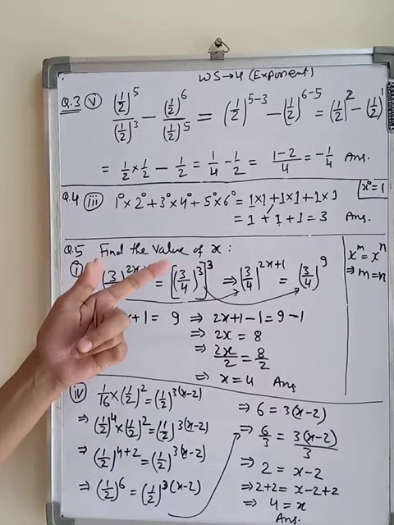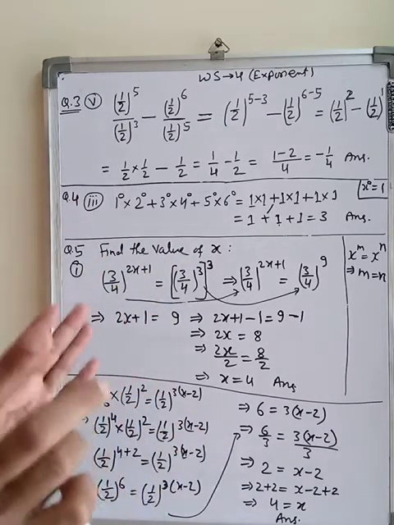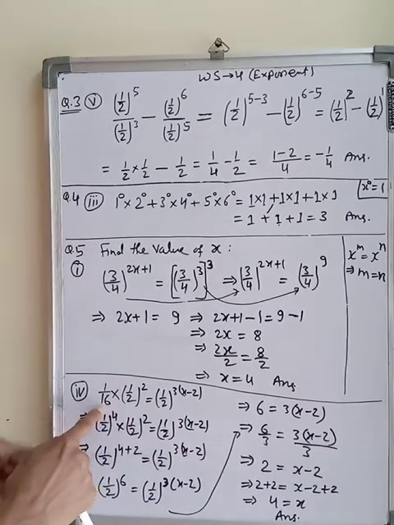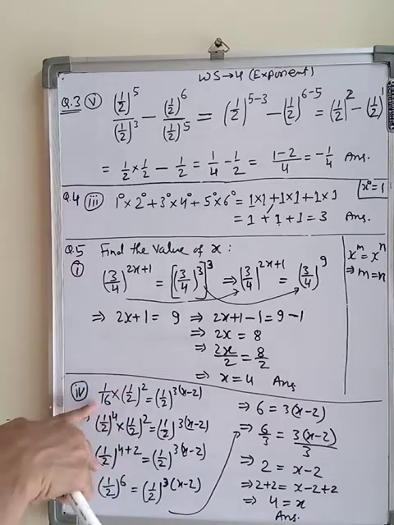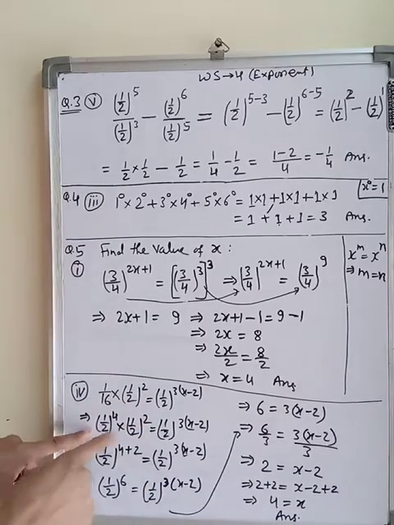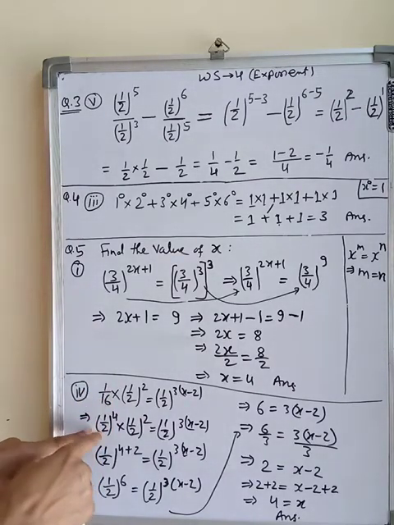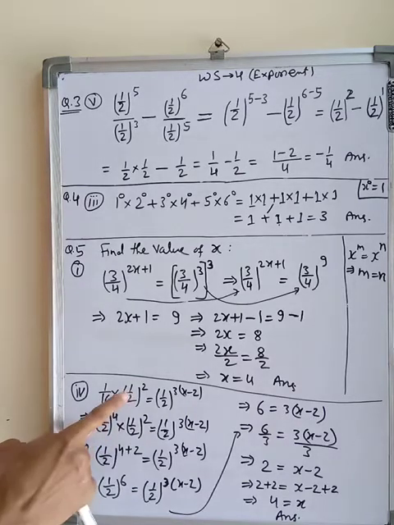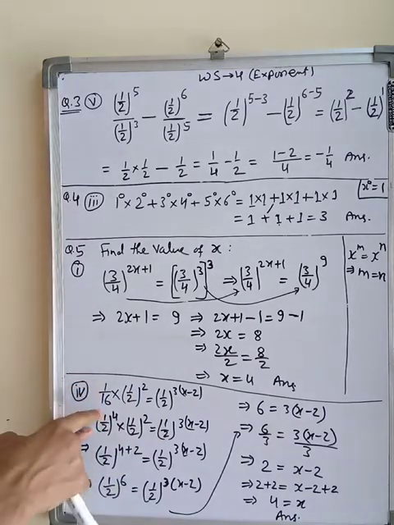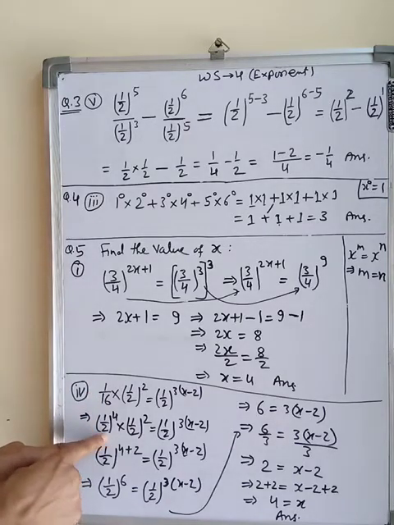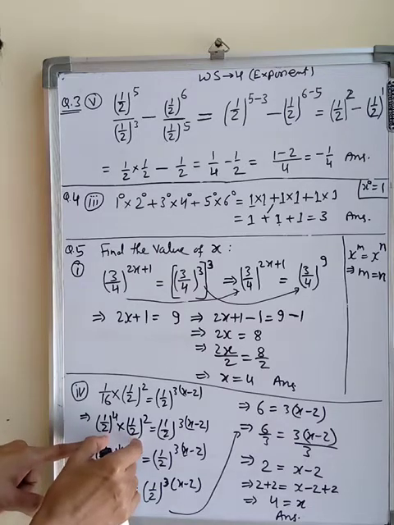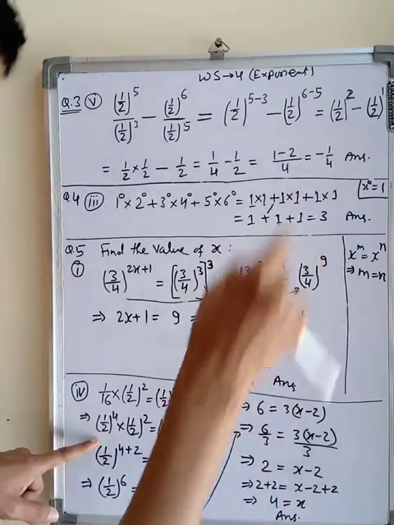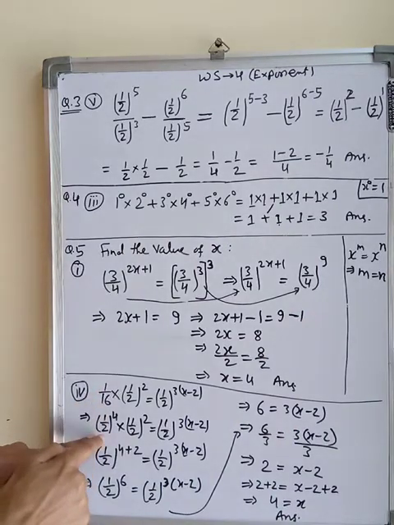Whenever you have to find the value of x, and x is in the exponent, your duty is to make the bases same. Here the base is not same, it is 1 upon 16. So how can we write it as 1 upon 2 to the power something, so that all the bases are same? 1 upon 16 can be written as 1 upon 2 to the power 4, because 1 upon 2 into 1 upon 2 into 1 upon 2 into 1 upon 2 is 1 upon 16. I am writing it in this form because then all the bases will be same, so we can apply this law.